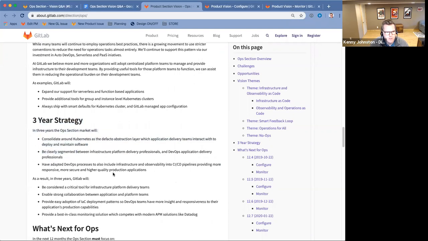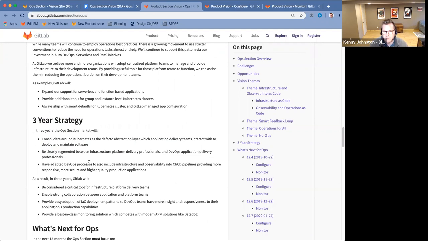In the 3-year strategy, we talk about consolidating around Kubernetes, being the place where infrastructure professionals land on a daily basis. There's a notion of supporting a team that provides the infrastructure as a platform team.